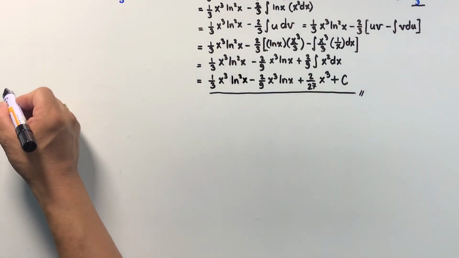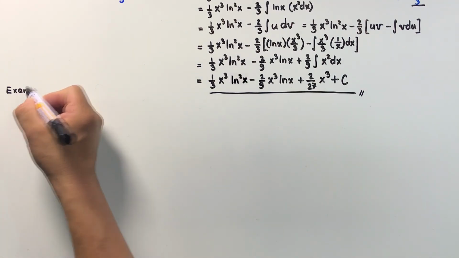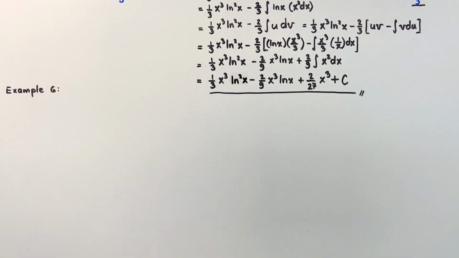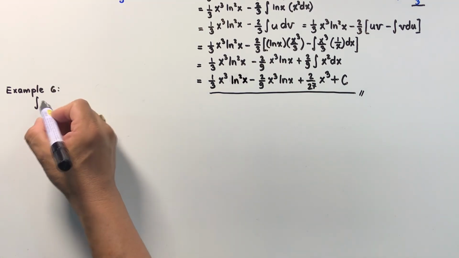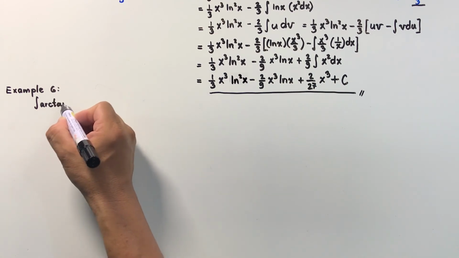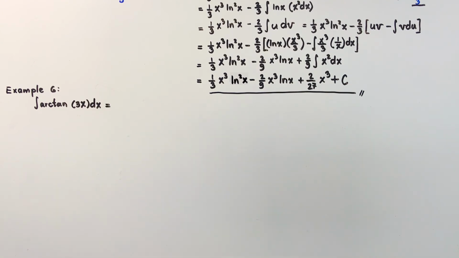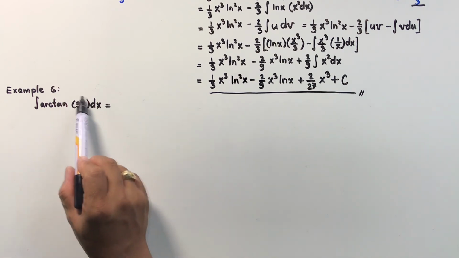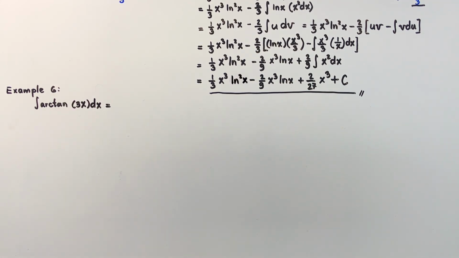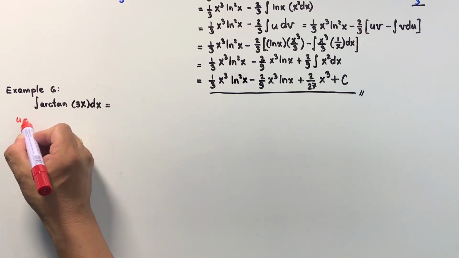Now let's proceed to our last example here. What is the integral of arctangent of 3x dx? Now as you can see, our integrand is just one function, but it is an inverse trigonometric function. This inverse trigonometric function, we can still apply our integration by parts when we let our u be equal